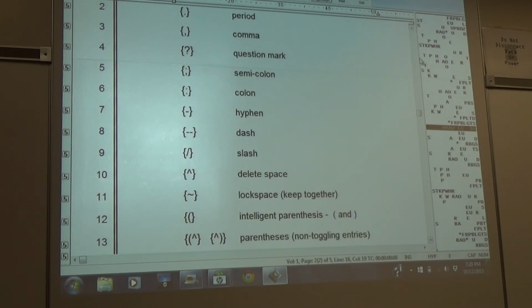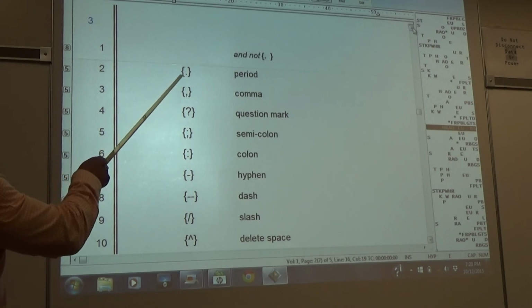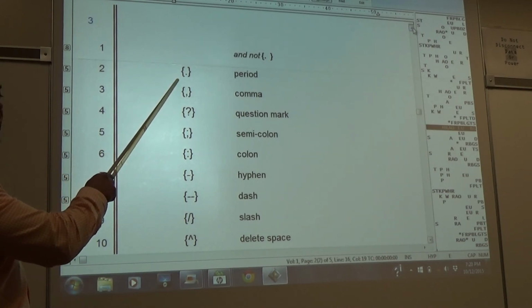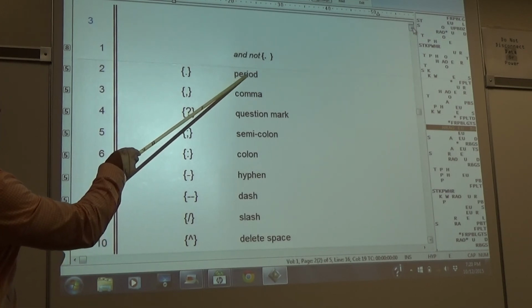Guys, punctuation is the same way, okay? You have to do it in these brackets, okay? So say this is my steno for